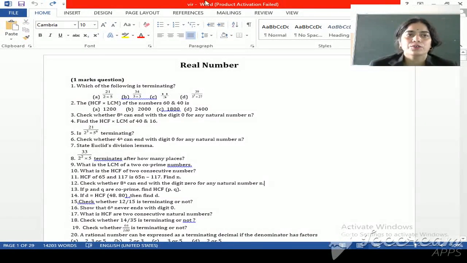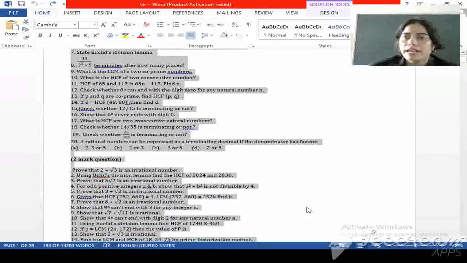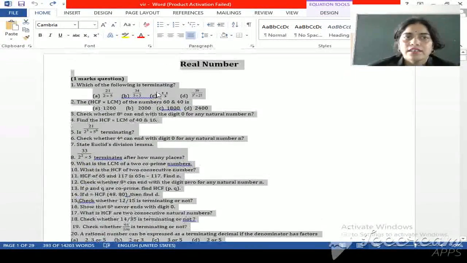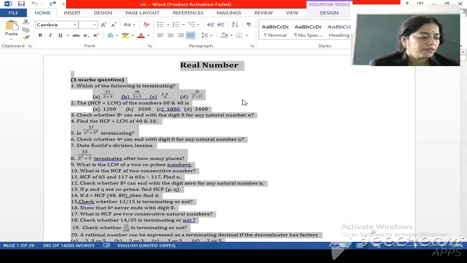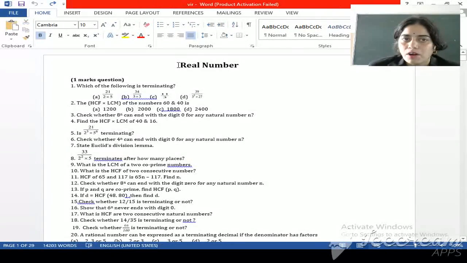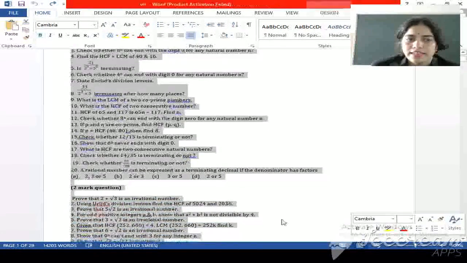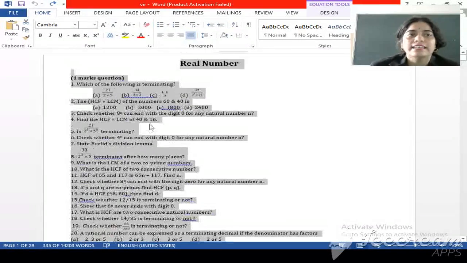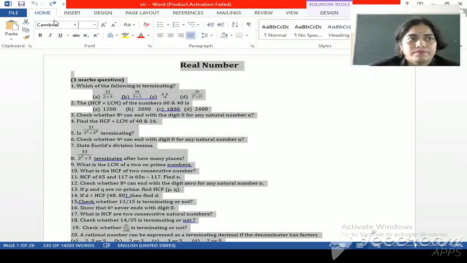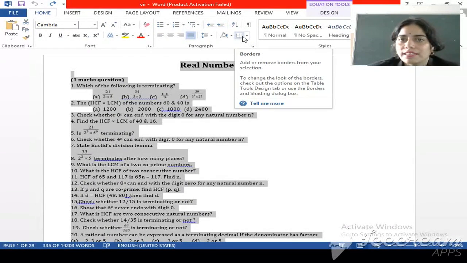Okay, this is your Word document. First of all, we select the text. How can we select it? Press Ctrl plus A to select all the text. Otherwise we drag the mouse over the text. Then your text is selected. Then click on the Home tab, and this option is Border and Shading.